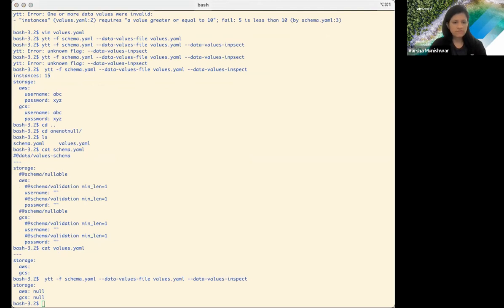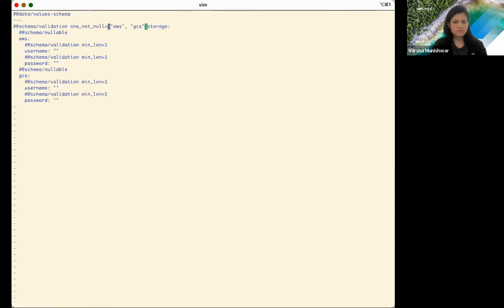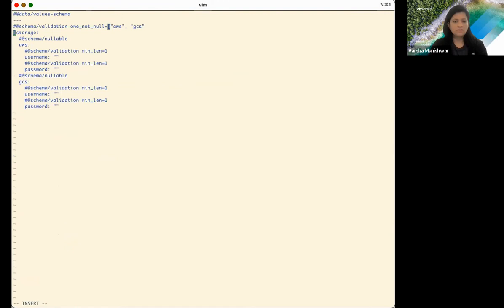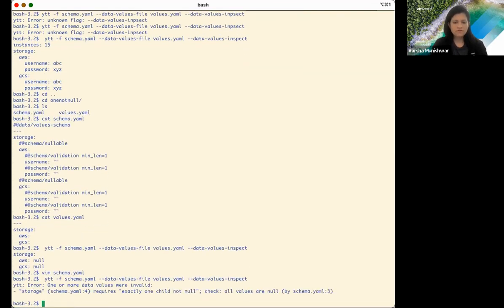So we have one more validation to add here in schema.yaml. Just add it here. So then, one not null from AWS and GCS. Let's see what happens. With this validation, it says one or more data values were invalid. Storage requires exactly one child not null. Check all values are null here. And then when we add again,